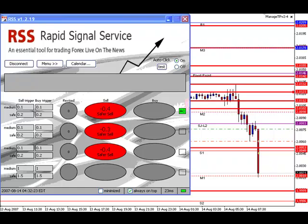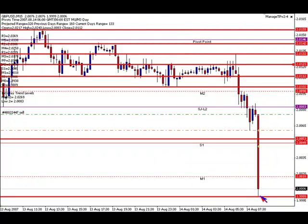Alright, this pivot level M1 looks like it's holding up. So I'm going to suggest closing another portion of the trade at this point. If you're in this thing with multiple lots, I would suggest going ahead and closing another portion of the trade. If you can close 25% of your position overall and leave the other 25%, that'd be good. Because it did hit our 99 target, and as you can see, we are getting some retracement